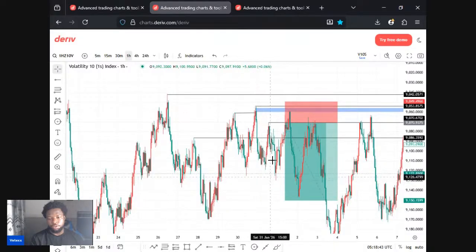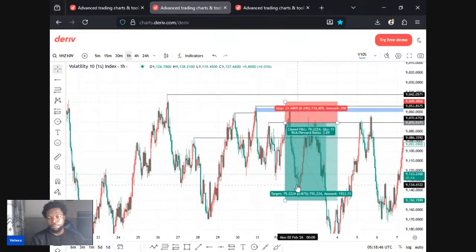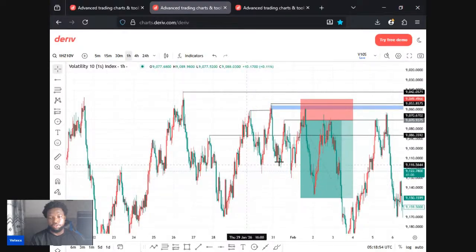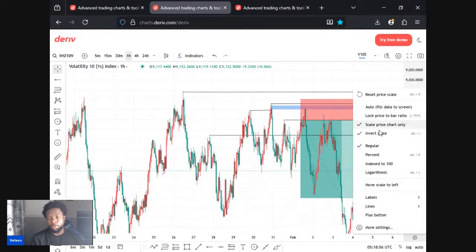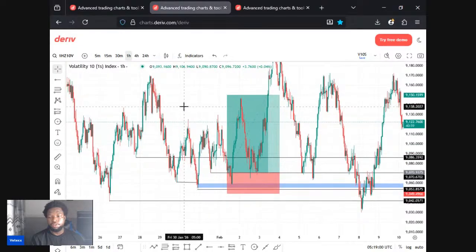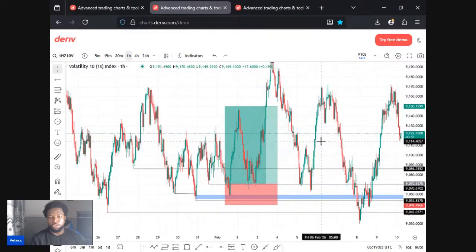Okay, so this is where price smashed the TP and then came back all the way here and then went straight to the full target. So this was a good sell. This was a good buy. This was a buy structure. Okay, so this is what we had earlier on VTNS. So the next pair we are going to be checking out is